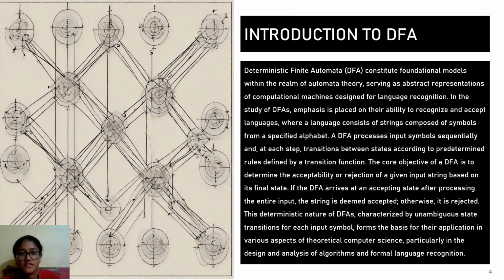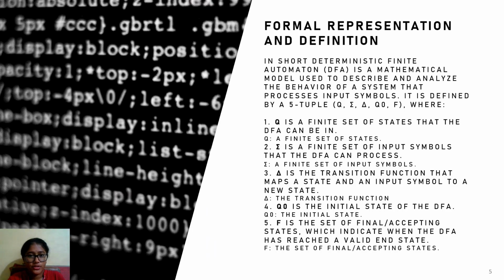If a DFA arrives at an accepted state after processing the entire input, the string is deemed accepted. Otherwise, it is rejected. This deterministic nature of DFA, characterized by unambiguous state transitions for each input symbol, forms the basis of their application in various aspects of theoretical computer science, particularly in the design and analysis of algorithms and formal language recognition. I guess you have got some idea about DFA, so now let us look into the formal representation and